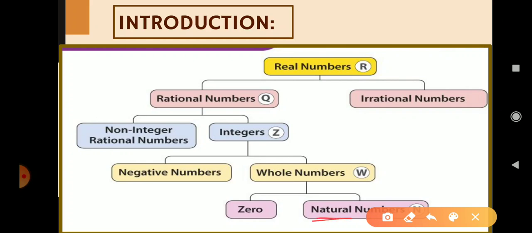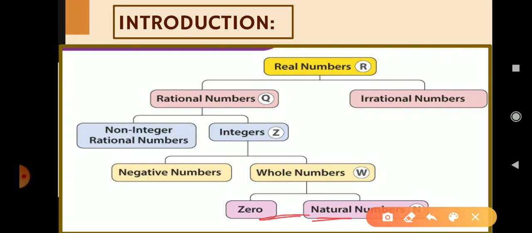First is natural numbers. As you all know, natural numbers are the counting numbers. Let us discuss in detail further. Just recalling the part that you learnt in the previous class: natural numbers are the counting numbers. Here we'll consider 1, 2, 3, 4, 5, and so on up to infinity. All those numbers we are calling natural numbers.